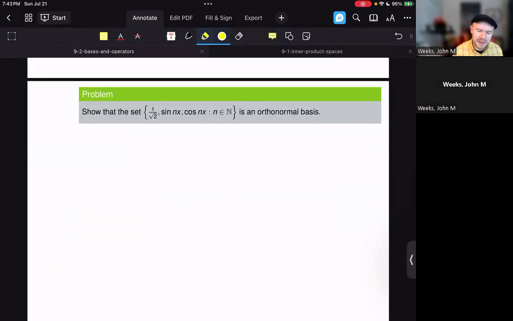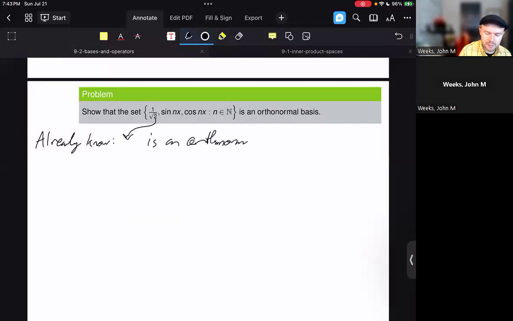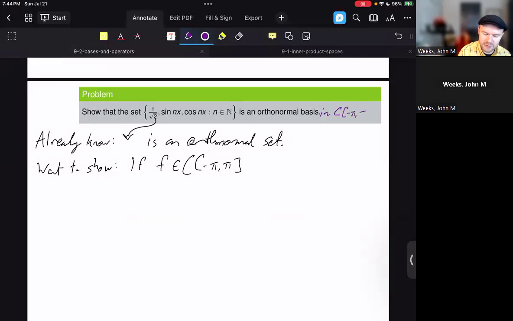But to show that something is a basis, we want to use some of the conditions that we've just been talking about. I'm going to use condition 1. So we already know that this is an orthonormal set. Want to show that if you have a function f, which is inside of the space that we typically work with, and I should have added this to the problem, that this is an orthonormal basis in the continuous functions from negative pi to pi,